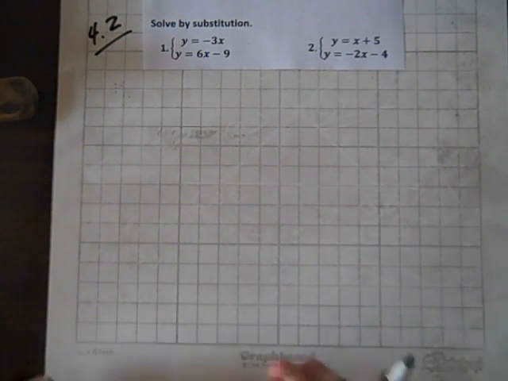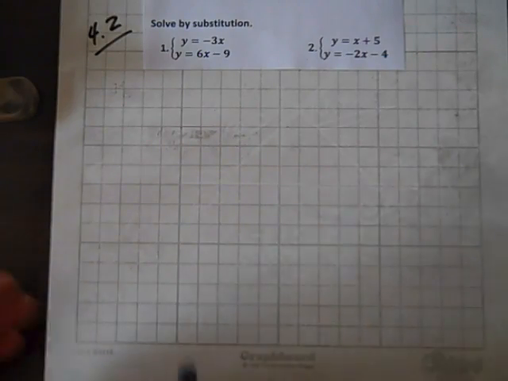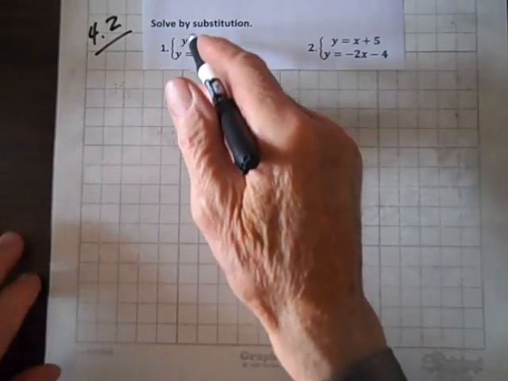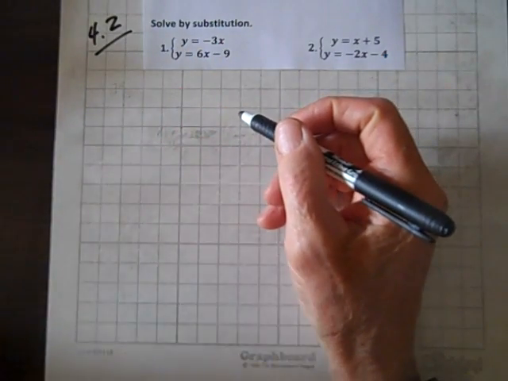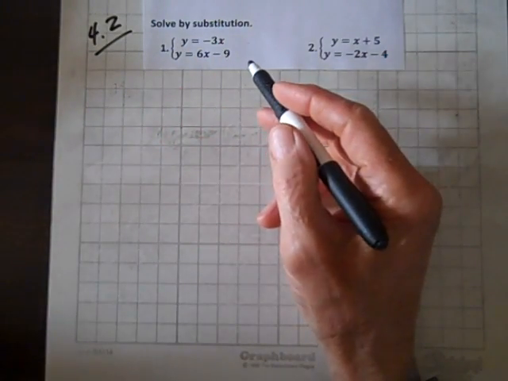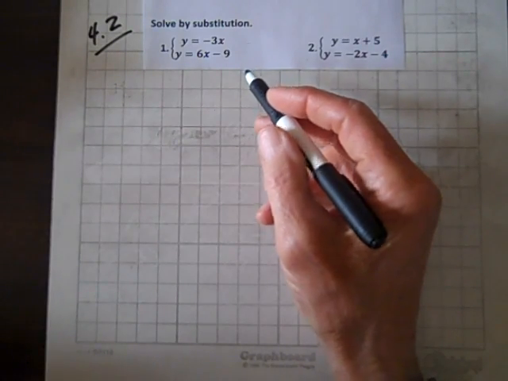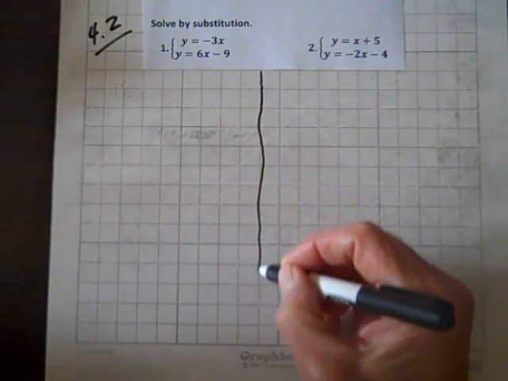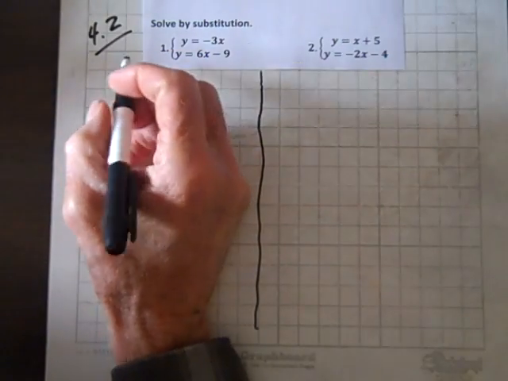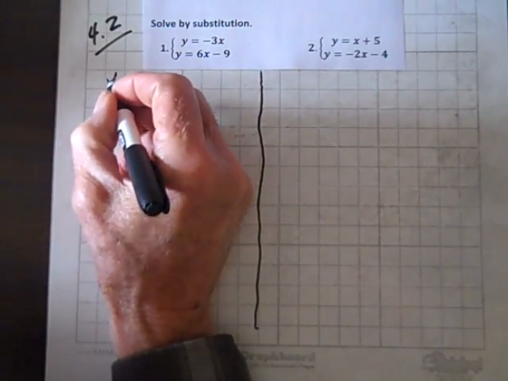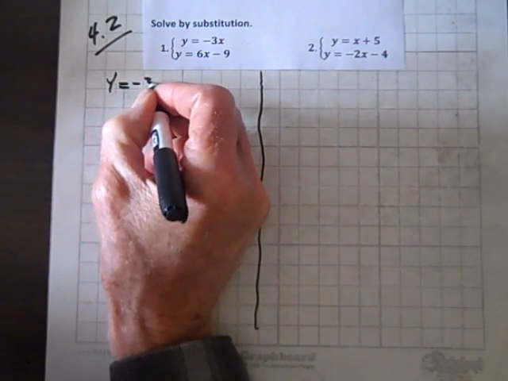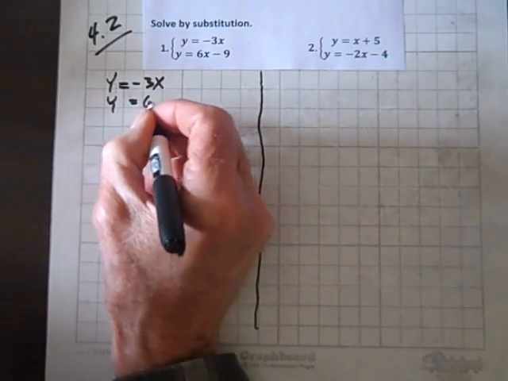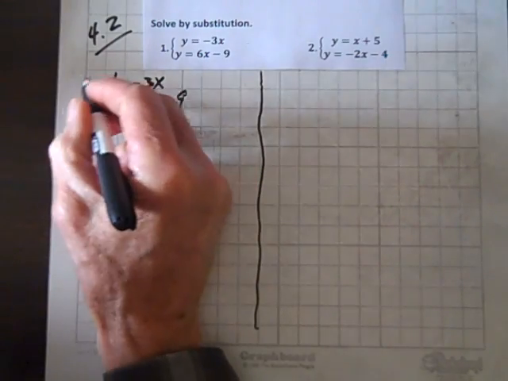Well, this is section 4.2, and now we're going to solve a system of two linear equations. We're going to solve it by substitution rather than graphing. And so we have this line y equals negative 3x and y equals 6x minus 9, and this is a